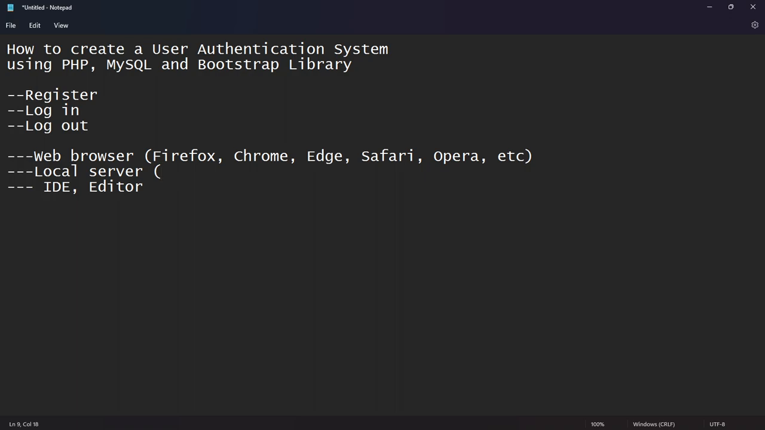Now with a local server, I'm going to be using what we call XAMPP. If you have MAMP, WAMP, or any other form of local server, that is fine. There are a couple of other ones. You just have to make sure that the server running on your machine can actually run PHP scripts. These ones that I've highlighted here are actually